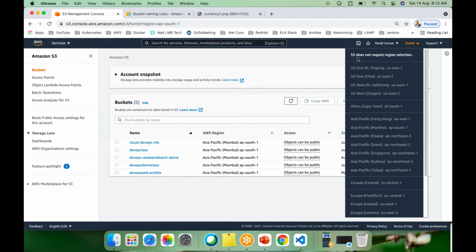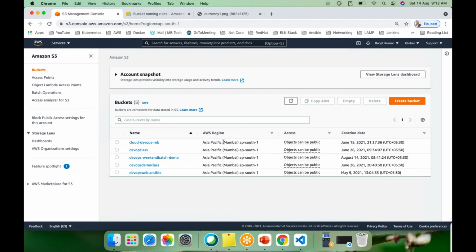Now if I upload anything into the bucket, it will be much slower. Now if I go to this and see, it is now disabled. So this is a very good feature, guys, and you'll get questions on it, and you'll have to work with it in real time. Definitely you'll get a question: how to accelerate or speed up the upload process. The next one is, we'll talk about cross region replication.